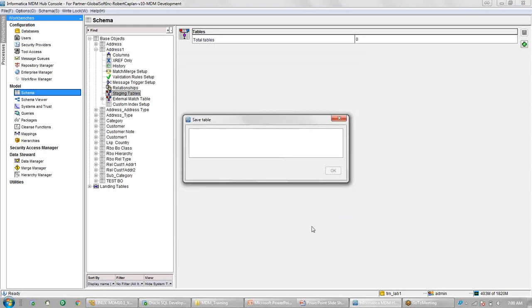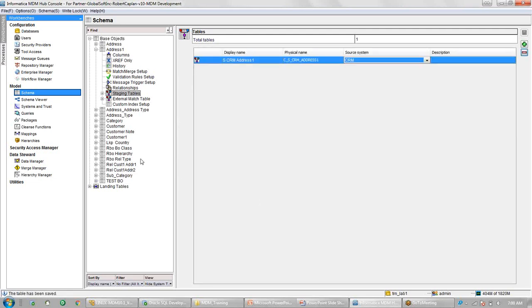So one staging table has been created for this address table for the CRM system. Because these two are my parent tables, and we have a relationship table in between.